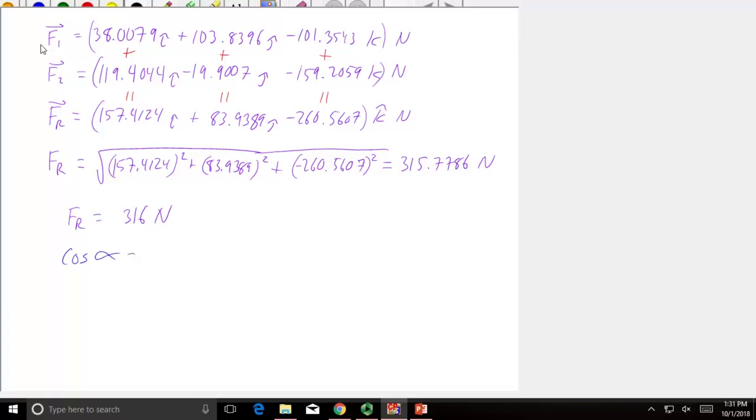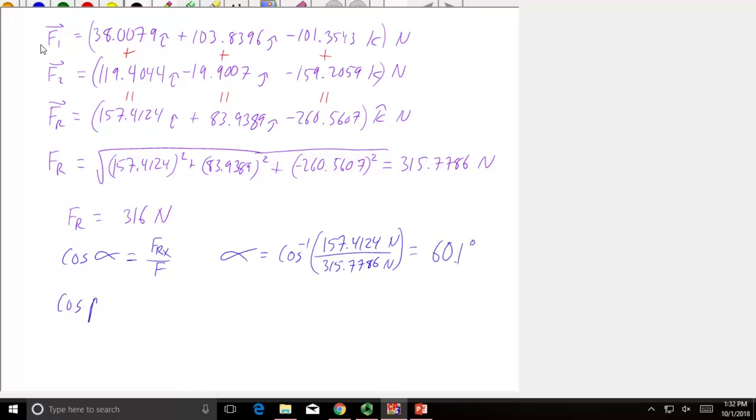Cosine of alpha equals FRX over FR. Very good. So we can solve for alpha pretty easy. It's equal to the inverse cosine of the x component of FR, which is 157.4124, over its magnitude, which is 315.7786. They're both in newtons. It's good the newtons cancel out because you can't take the inverse cosine of something with units on it. Solve for that, and alpha ends up being